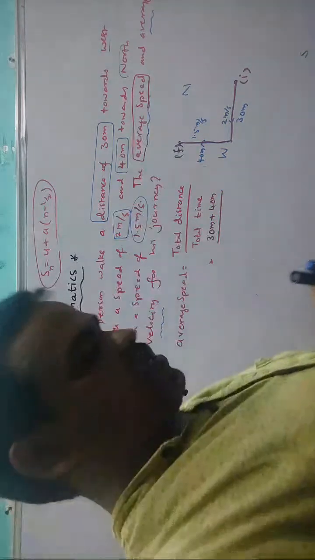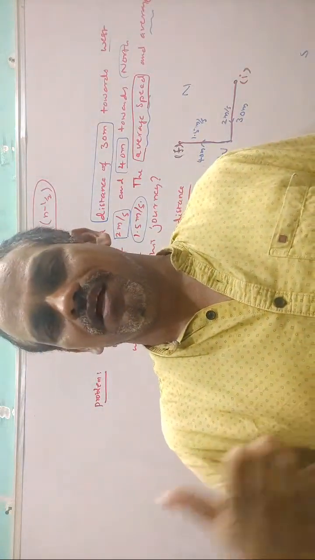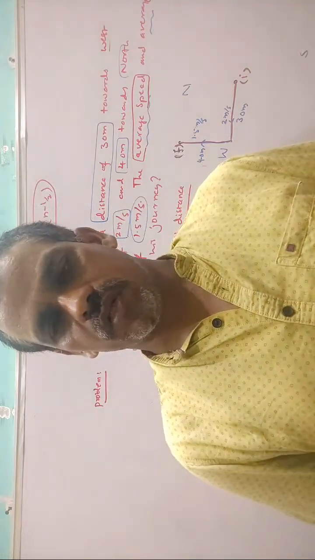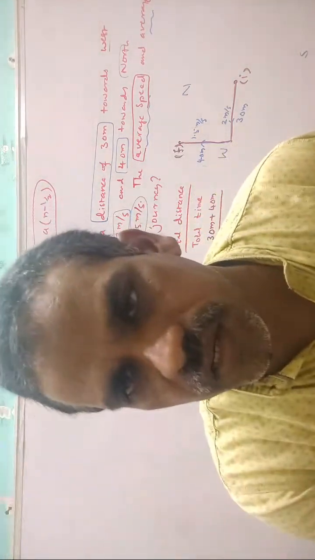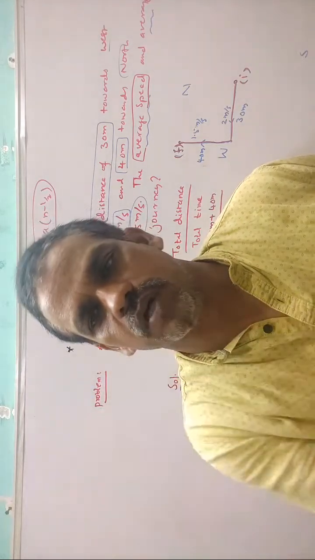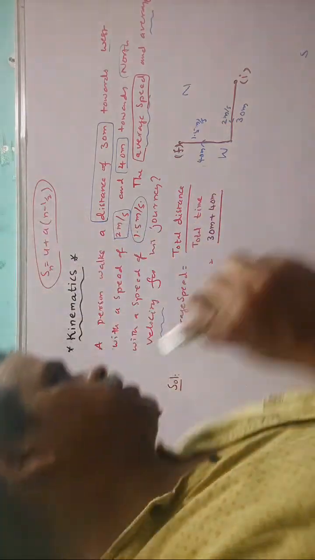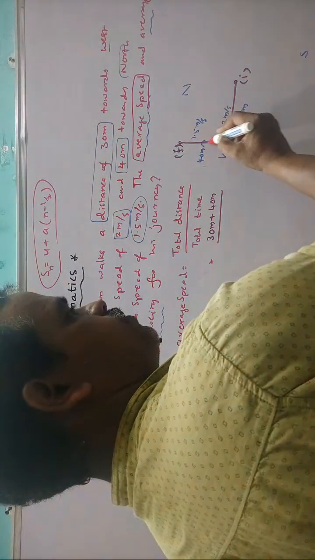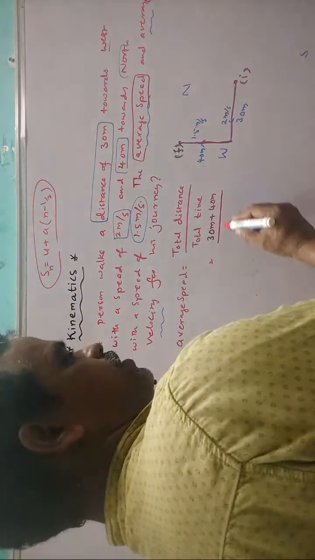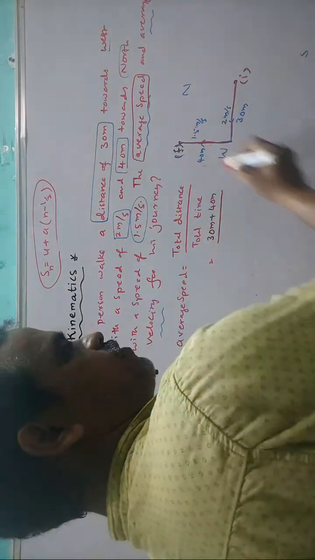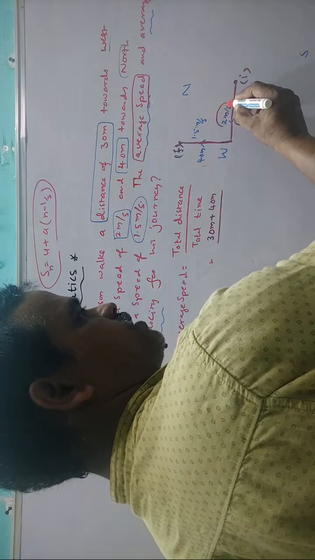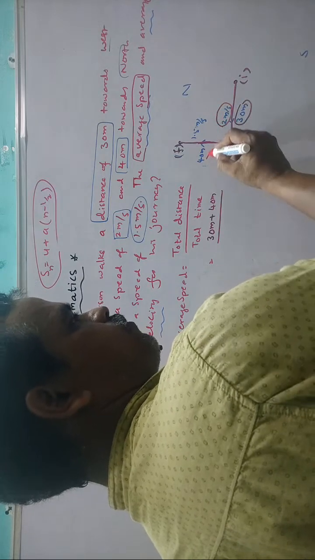So already I explained, distance is the length of the actual path. Actually how much he traveled, that is the length of the actual path. So here, this is the path he traveled, 30 meter plus 40 meter. Here he traveled 30 meter with 2 meter per second speed, 40 meter with